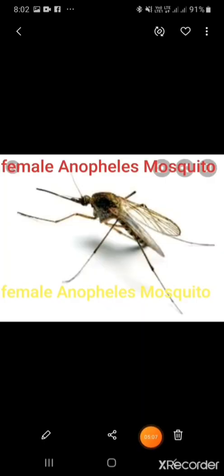Now, let us know how mosquitoes spread malaria. Not all mosquitoes cause malaria. Only certain kinds of mosquitoes actually carry the disease in them. When they bite you, then you might get malaria. So don't get scared every time you see a mosquito. The disease is transmitted from person to person by the bite of the female Anopheles mosquito.